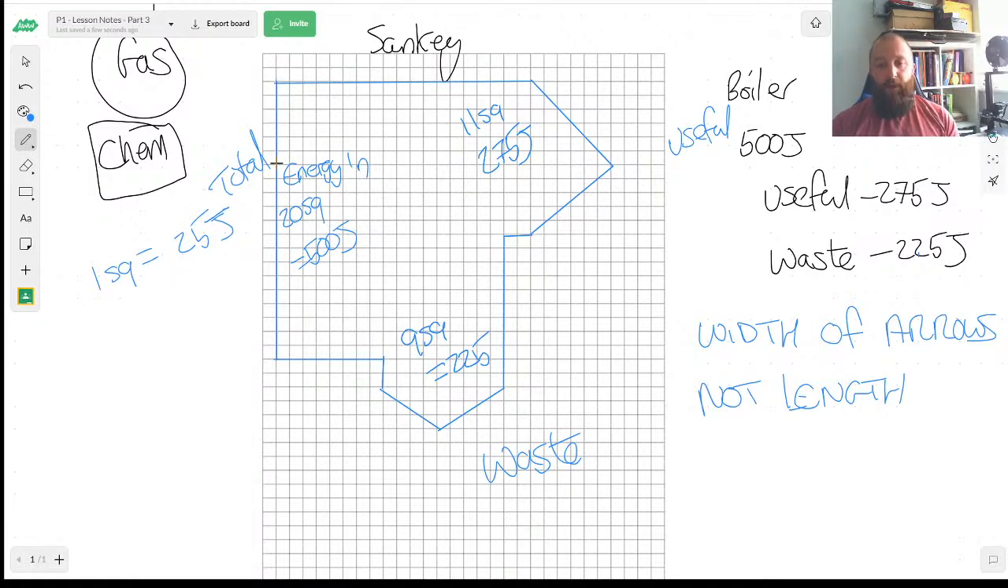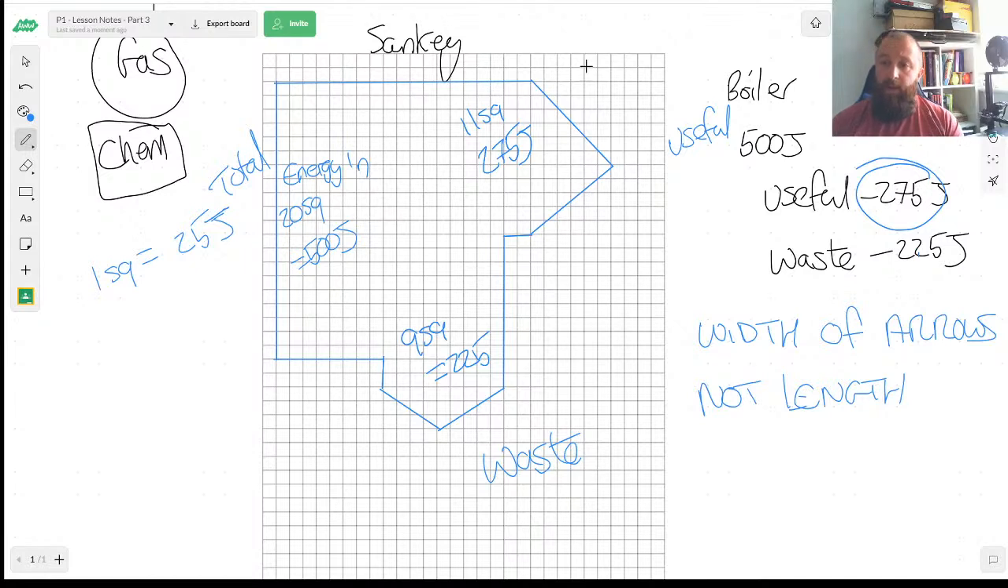So I drew an arrow that was 20 squares wide. The length of the arrow is not important, so I just drew an arrow coming out. But the width of the arrow is. So my next arrow going out was my useful energy. So this is useful. And I said that 275 joules of energy is how much useful energy my boiler was